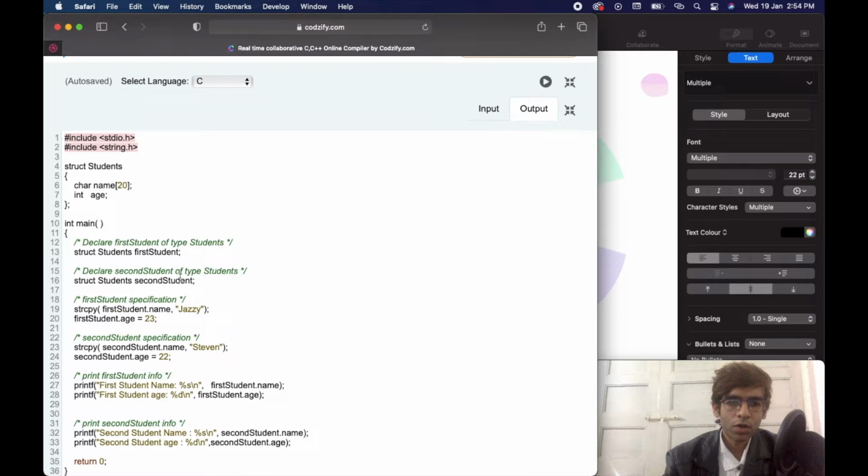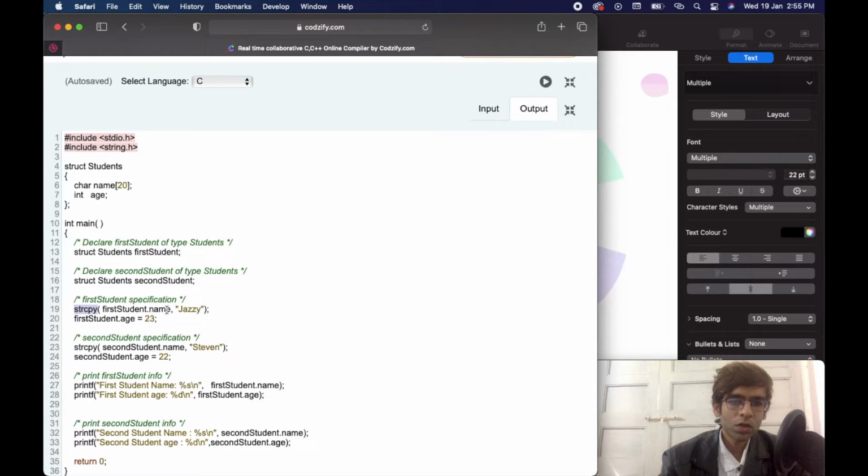Now we have to assign the data. For the first student, I have to initialize the age with 23. First student's name will be Jazzy. We have seen how to use the strcpy function of the string header file here. strcpy is basically used to copy a string to the variable.